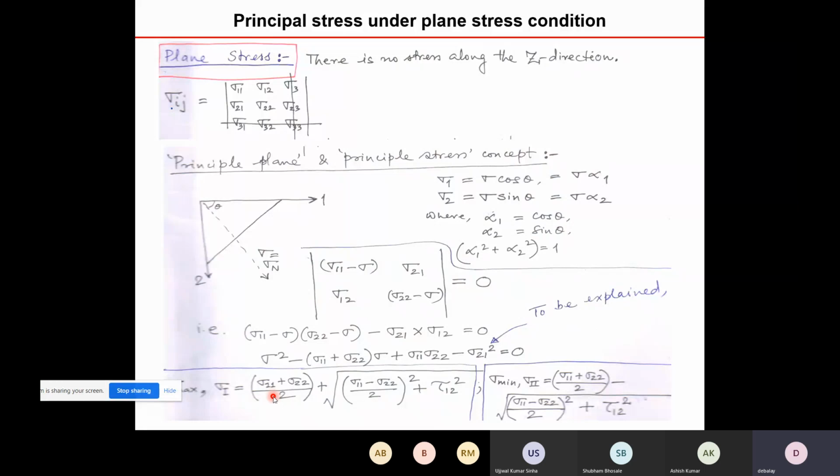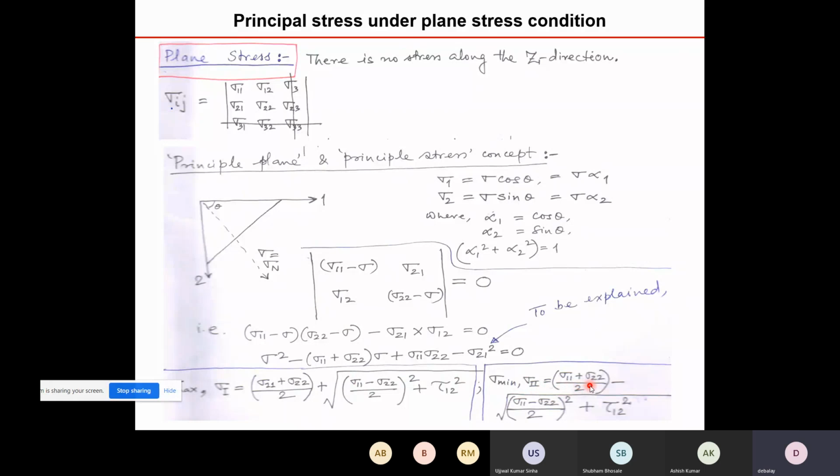Sigma Roman 1 equals (sigma 11 plus sigma 22)/2 plus the square root of ((sigma 11 minus sigma 22)/2) squared plus tau 12 squared. Similarly, you will find there will be only one more principal stress in this case, because the third principal stress we are not considering, since it is a biaxial loading,